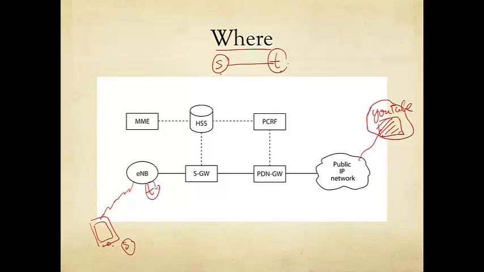Now, in LTE, they do not call this base station. Don't ask me why. They give it a new name called evolvable node B. In 3G, it's called node B. In 4G now, it's called eNode B. But essentially, it's the base station. But the base station doesn't have your YouTube video. So you can measure this, and this is often the number that you are quoted with in commercials of 3G and 4G. It's the physical layer, air interface only speed.